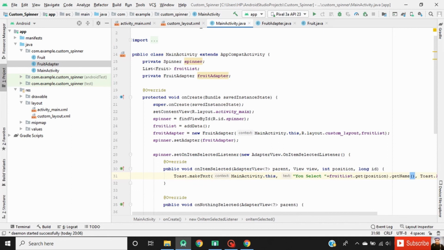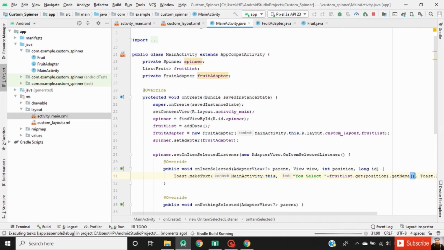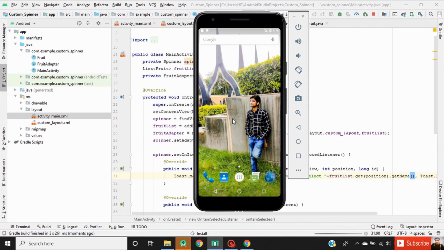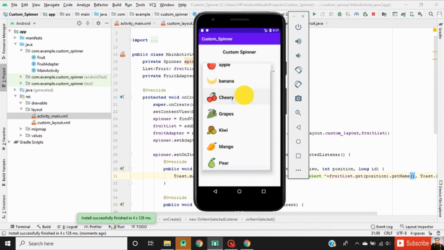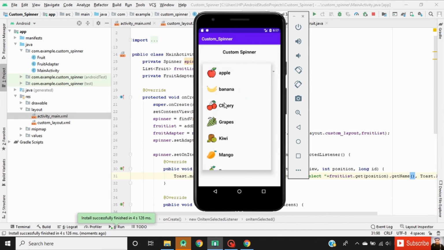Now our coding is finished. We can test our application. So when the user selects an item from this spinner, a simple toast message is displayed.